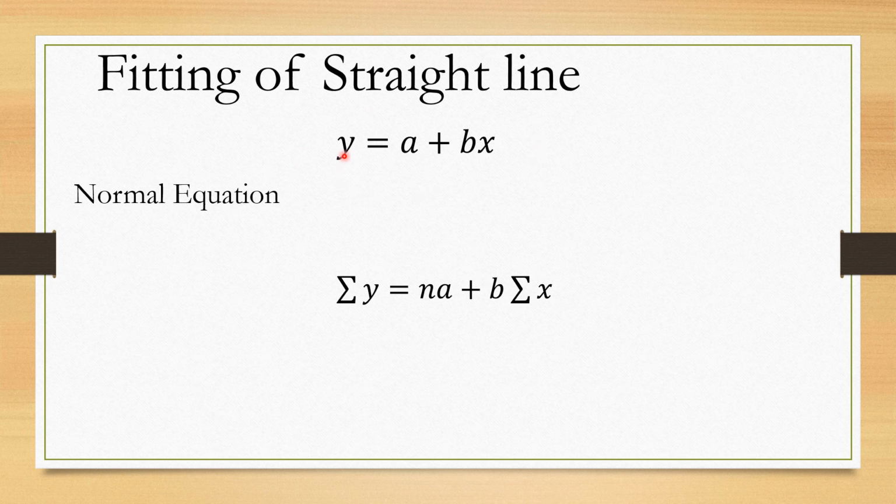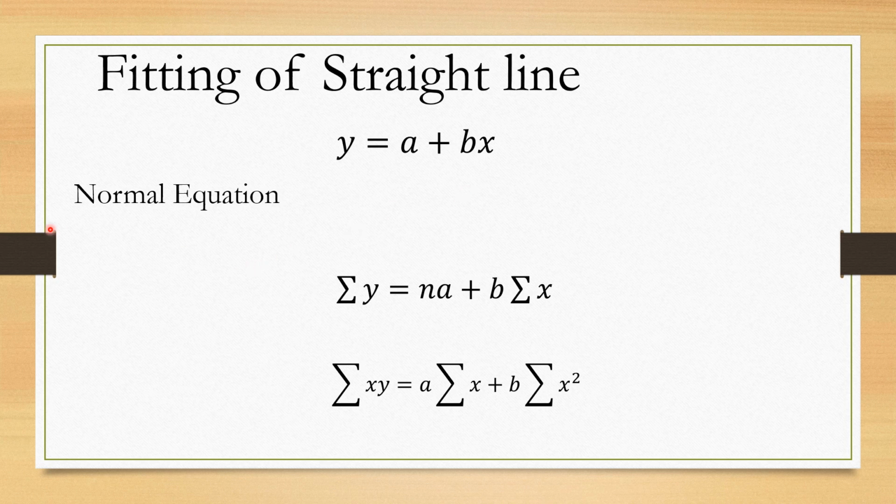Now multiply the first equation, the given straight line equation, by x and then take the summation. So xy is ax plus bx square. Now take the summation again. So we get summation xy is equal to a into summation x plus b into summation x square. So we have two simultaneous equations in a and b. We solve these equations to get the values of a and b. Substitute these values in the equation of the straight line to get the straight line which passes through almost all the points. That is the procedure of fitting a straight line, or fitting a first degree curve.